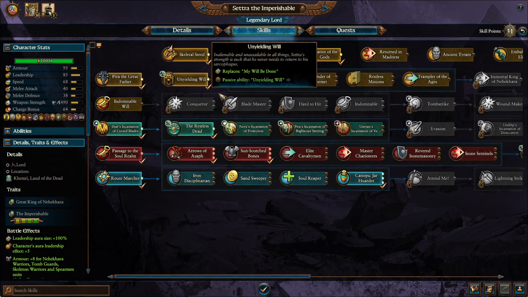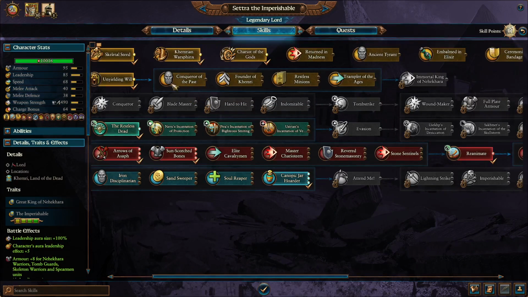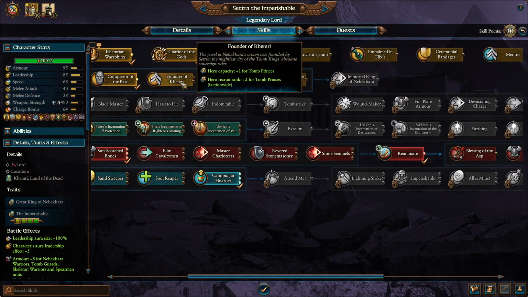It's a passive ability, so it's really good to use. Then I like to grab the Conqueror of the Past for the control +2 provinces. Really handy just to maintain public order, so you don't have to worry about that. Founder of Khemri, really good because it increases your hero recruit rank for Tomb Princes further, as well as your